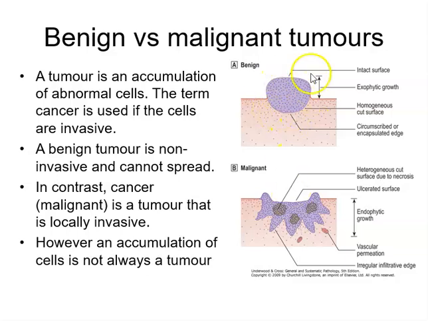And typically a benign tumour will form one of these vertical growth type tumours that form little nodules on the surface of the skin. So they grow effectively outwards, but they don't grow particularly deeply. And this is called a papilloma. If it's a tumour on skin, we'll refer to that as a papilloma. It's a benign tumour. The epithelium is restricted to a ball-like structure. There's an intact basement membrane. There are no blood vessels that have broken through that basement membrane,